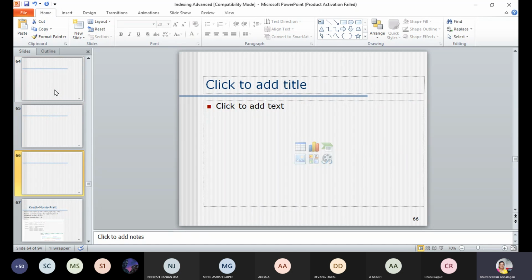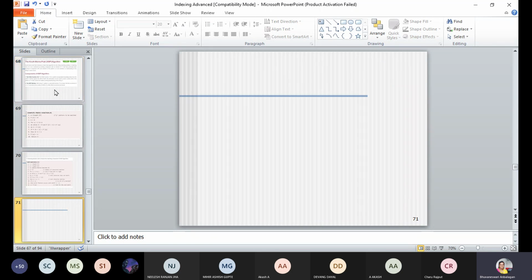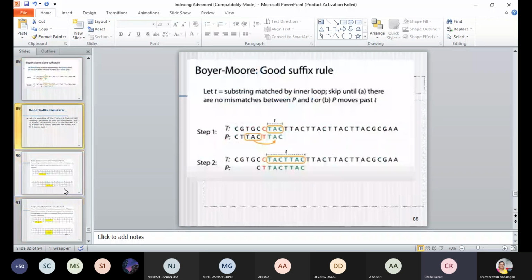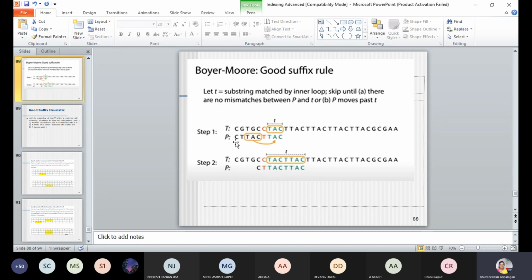So this is the idea behind the KMP and Boyer-Moore algorithm for pattern searching. Ma'am, in that Boyer-Moore algorithm, are we traversing by taking a block size in our mind? No, we are not considering the block size at all. That's not a problem. We are simply going to traverse from right to left.